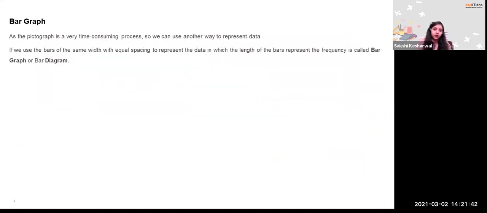So what is a bar graph? Now let's come to the next heading. What is a bar graph? A bar graph, like a pictograph, is very time consuming. You see that a pictograph is very time consuming. So we use another way to represent the data, right? So what we do, we use